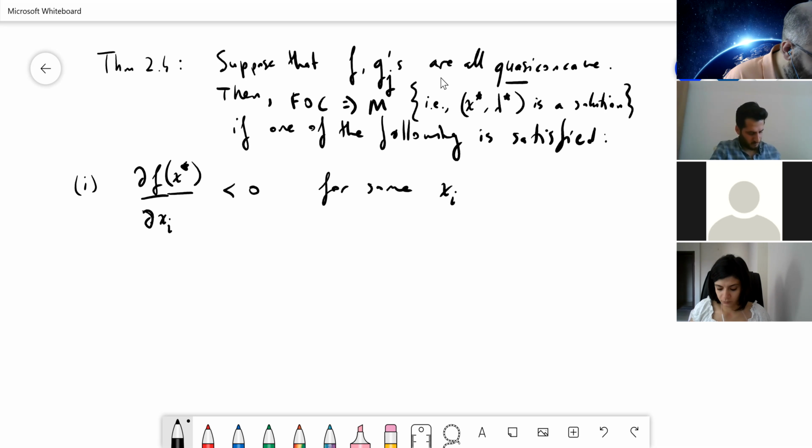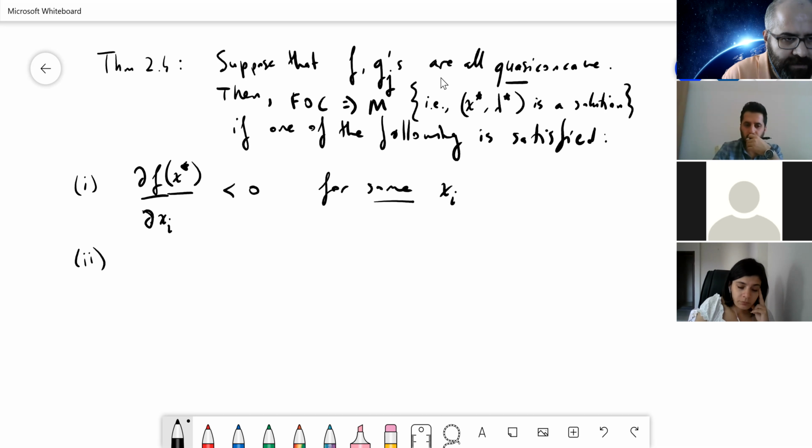It could be at least just one. So what does it say? If the derivative of the objective function at the optimum for some x_i is negative and f and the g's are all quasi-concave, then it is good. Or